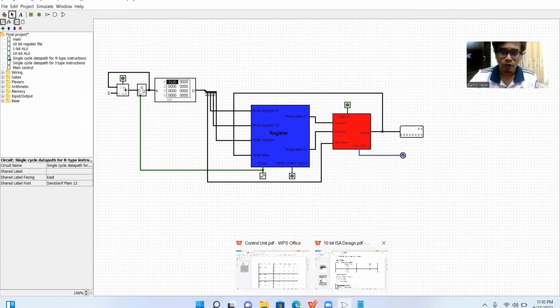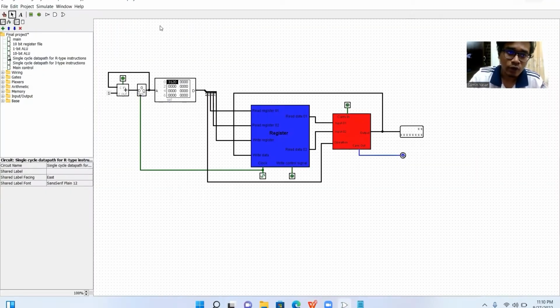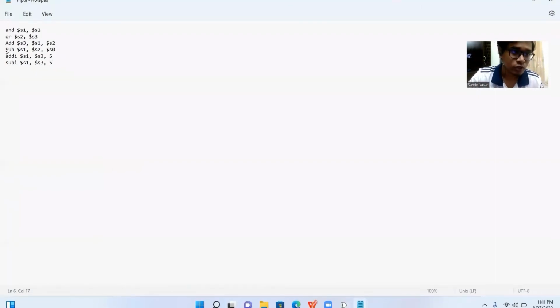We have chosen to put the registers S0, S1, S2, and S3 as the values 00, 01, 10, and 11. And for the subtraction, we have chosen the fourth operation of our ALU, and the selection bit for this subtraction operation is going to be 0011. Now for that, if we consider this input subtraction S1, S2, and S0,